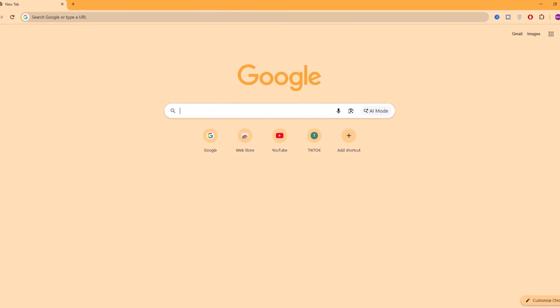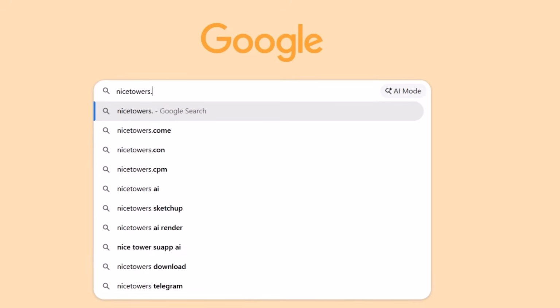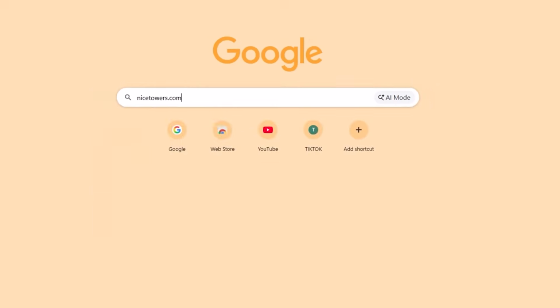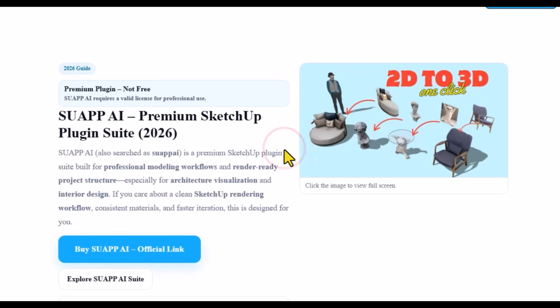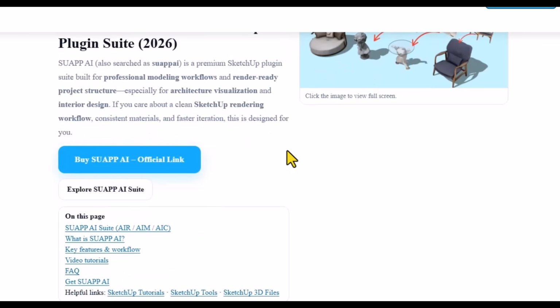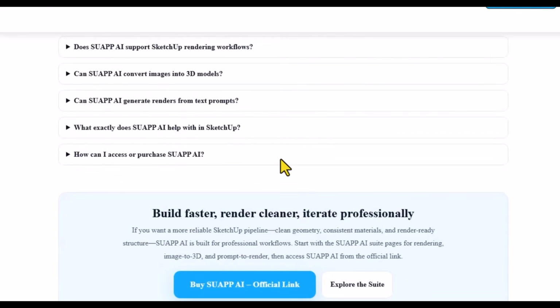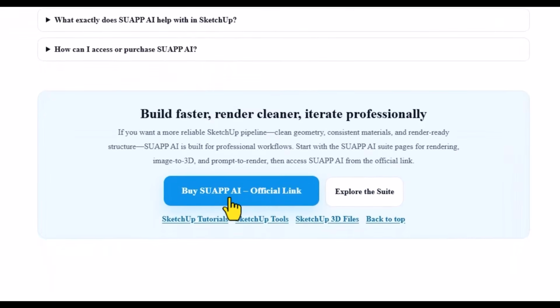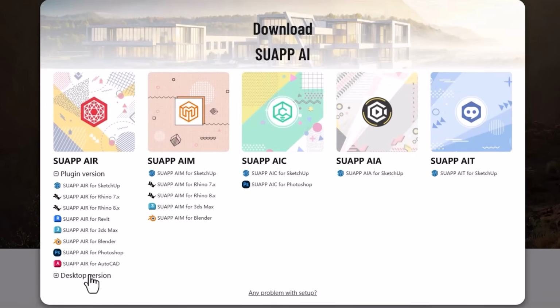Before starting the lesson, let me tell you how we can get the SUAPP AI plugin. In Google, we search nicetowers.com. After that, we enter the website, we scroll down and find the SUAPP AI button. We click on the SUAPP AI and we enter the next page. In the next page, we scroll down a little bit and we click on the Buy SUAPP AI official link. We click on the link, we click on the download button. Here we can see many plugins of SUAPP AI. Today we are going to use the SUAPP M option and we click on the SUAPP M for SketchUp to